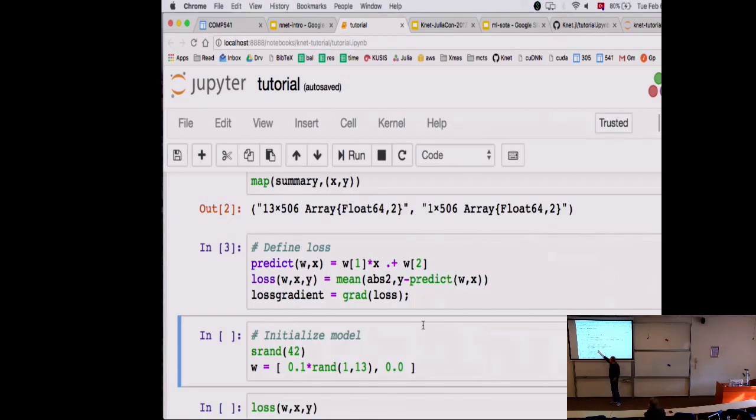And in order to train this thing, I have to use its gradient. I'm going to talk about that more next week. For now, don't worry about it too much. So these three lines basically define the whole model. So I know, given a W and X, how to predict the Y's, and I know, given predicted Y's and real Y's, how to